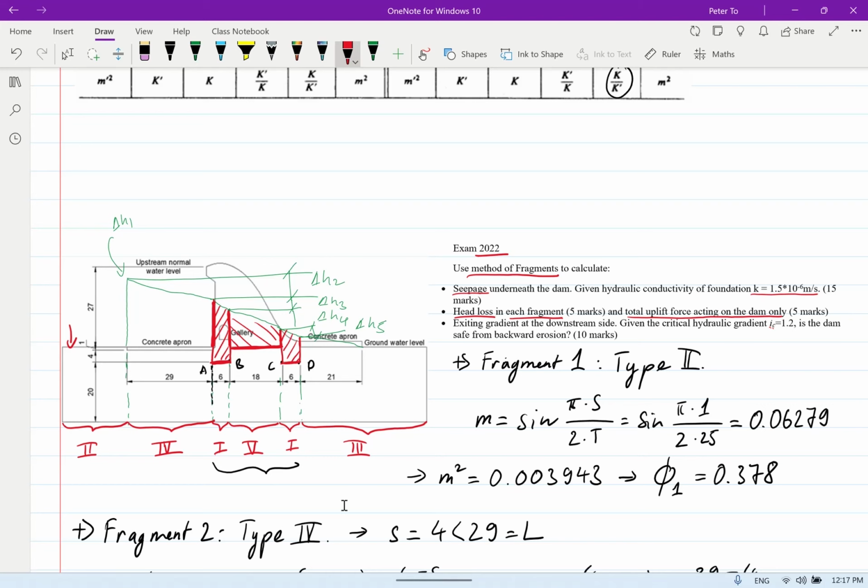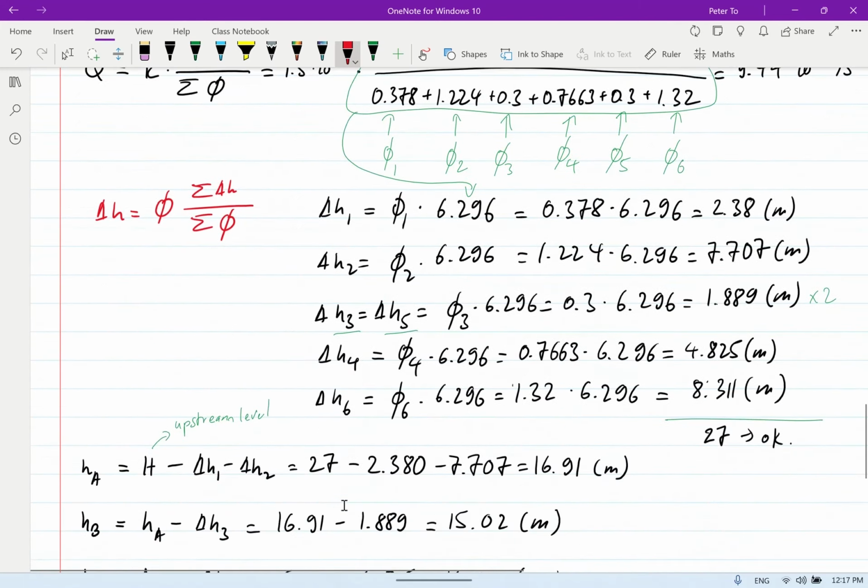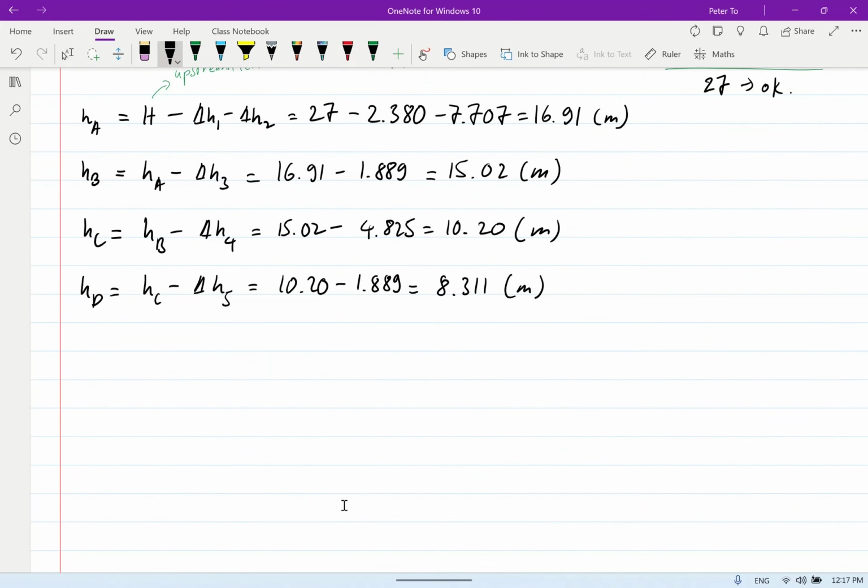Alright, so you have 3 trapeziums and the formula will be like this. If you forget, the formula for trapezium will be the area equal to A plus B over 2 times H, where A and B are the length of the bottom and the top, and H is the height. So we apply it for the 3 trapeziums. We will have the sum of the uplift force equal to the gamma of water, because we need to calculate the force, not the density, times by,